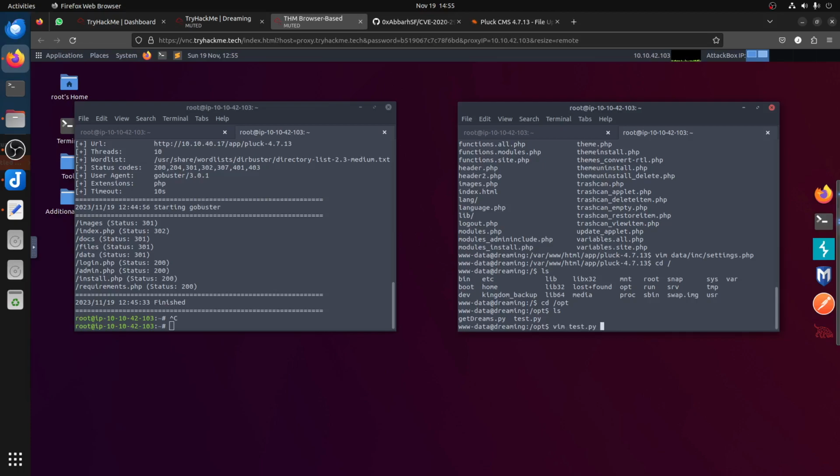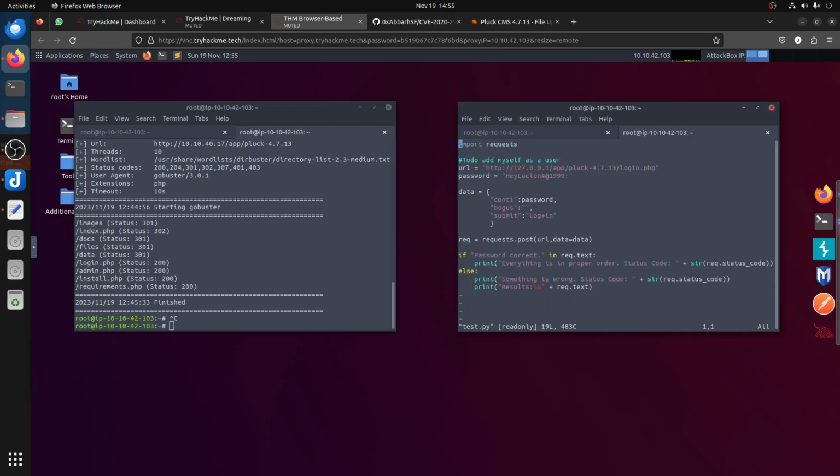If I go now to test.py, you can see he said, "to do: add myself to users," import requests, URL wherever, so it's going to the application, login.php, password. As you know, this is a CTF. I hate CTFs. In real life this would never happen. You never use your Linux box password as